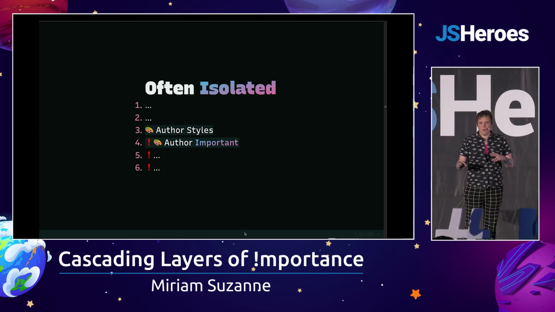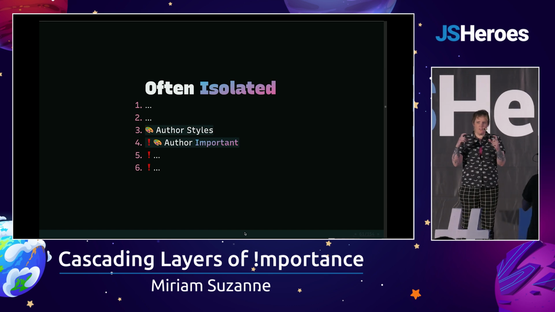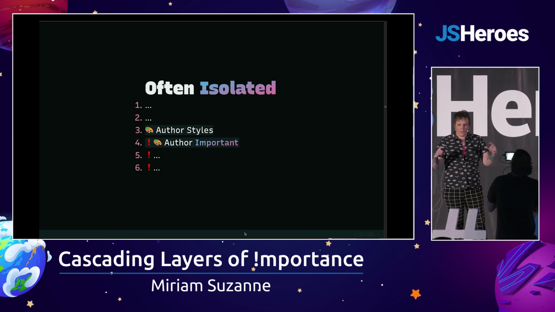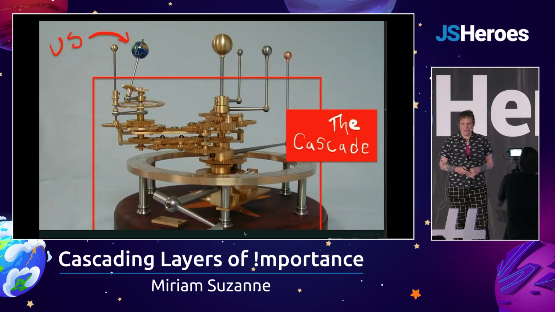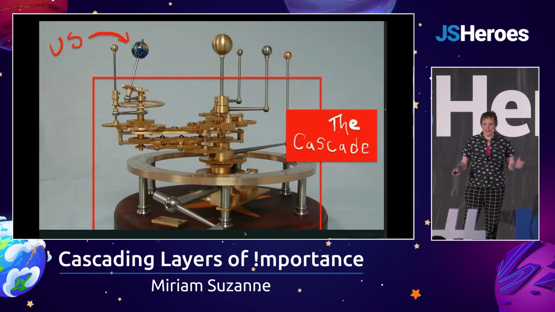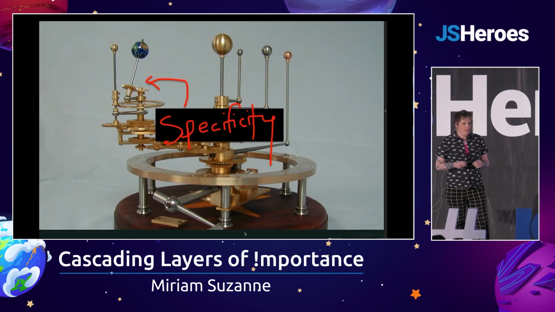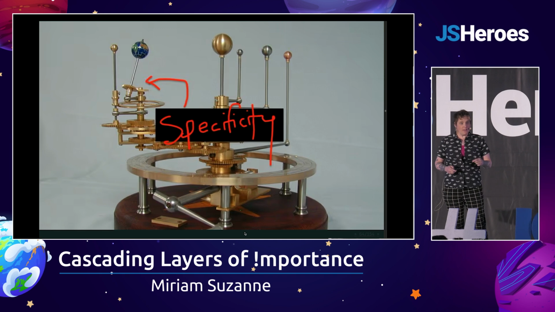And it makes sense that we don't always understand this broader context of the cascade because our styles are sort of stuck together there in the central origins. So we can start to think that we're the center of the universe and not just some pale blue dot off to the side of a larger cascade. We're thinking about specificity. It's over here. It's right by us. So let's talk about it.